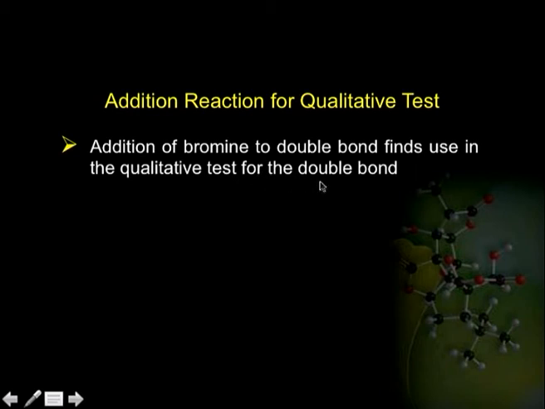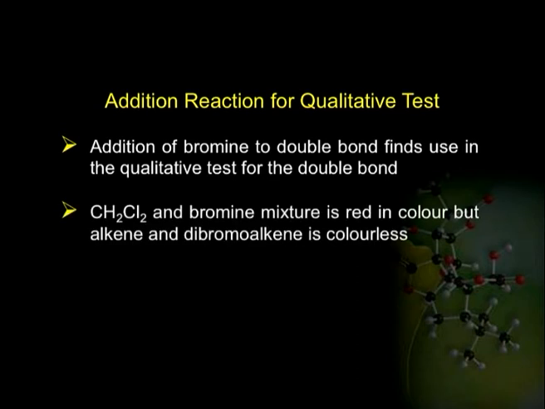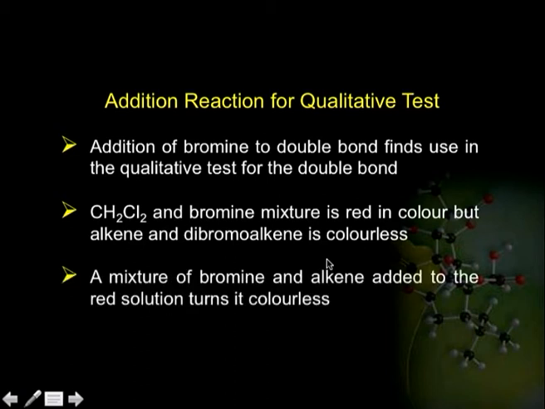Addition of bromine to a double bond finds use in the qualitative test for the double bond, and we observe that a dichloromethane and bromine mixture is red in color, but the dibromoalkane is colorless. So, when a mixture of bromine and alkene is added to the red solution, it turns colorless because of the formation of the